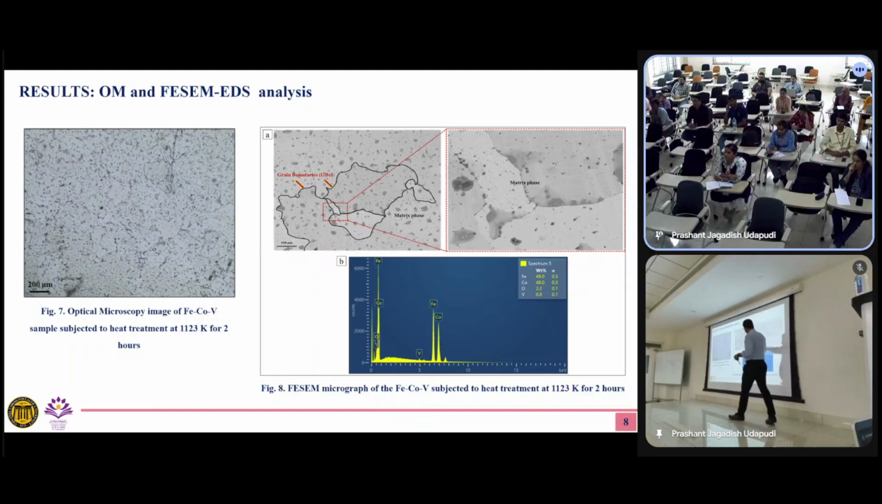Is this optical microscope? This is optical, I know. That is optical. This is SEM. Okay, this is EDX, energy dispersive X-ray